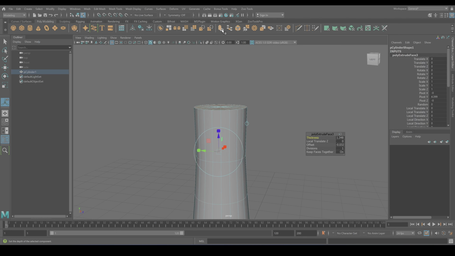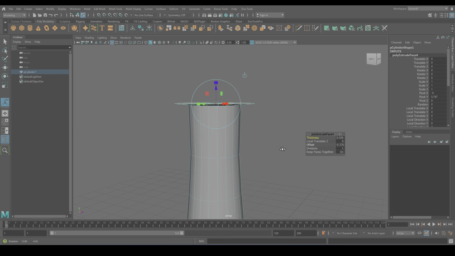So, using the offset again, creating a bit of a plateau.